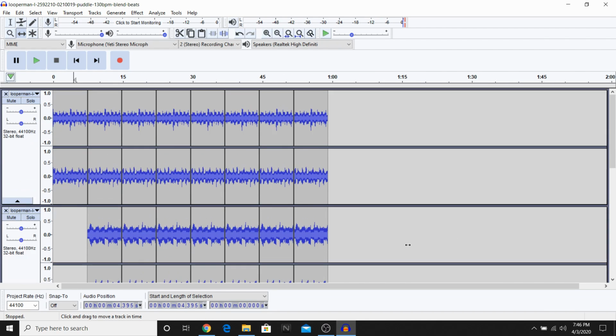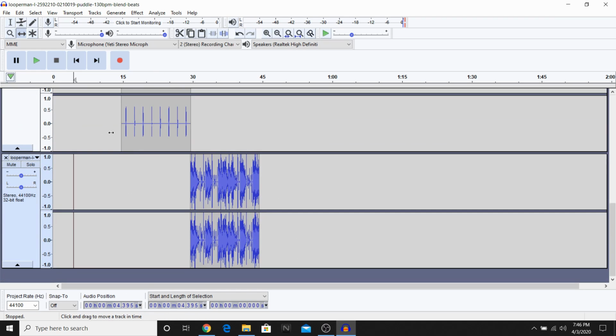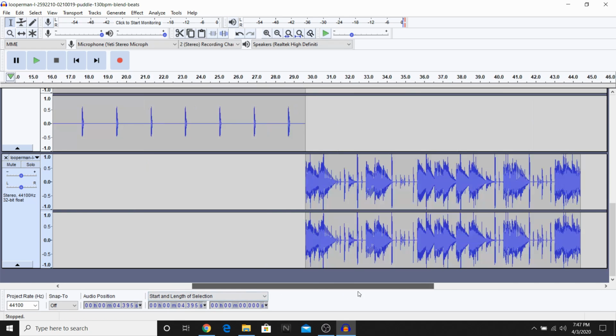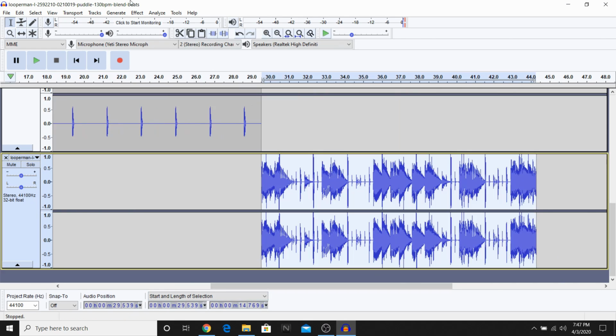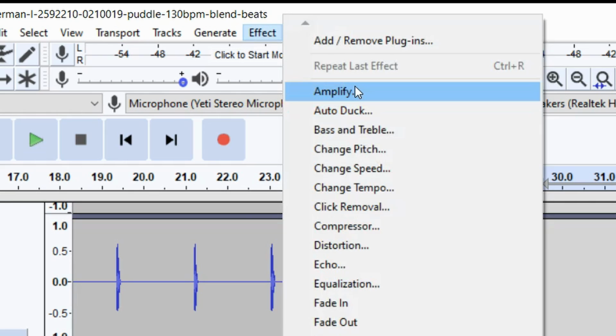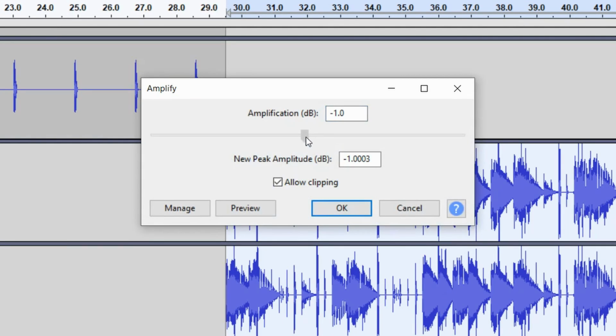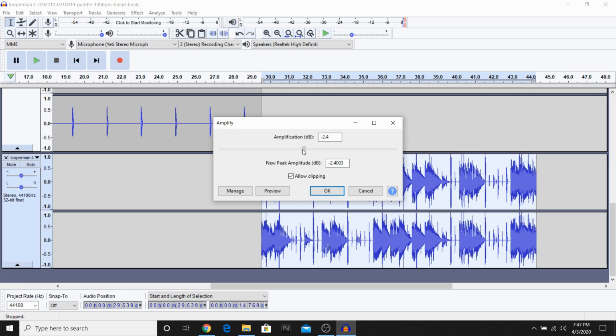Now, you can either do it in the middle of the project or at the end, but you definitely want to make audio adjustments too. Like you definitely don't want the bass to be peaking this high and overpowering the rest of the song. And so we're actually going to quickly adjust that. All you have to do is select it, go to Effect, go to Amplify, and you can actually de-amplify this, and it will basically just reduce those waveforms a bit. And we're just going to reduce them not too much, but maybe by like negative